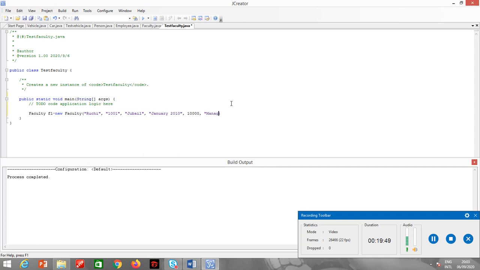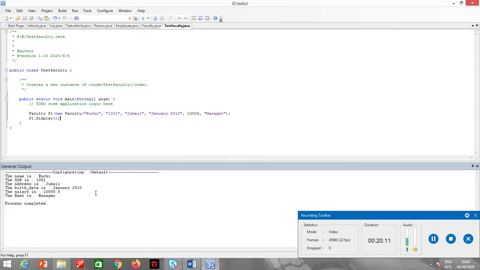Rank is any rank. Alright, so now what do I need to call? I need to call the method, and I have only one method, which is display. That's it. Let's check the output. So I am able to display all the variables from all these three classes.